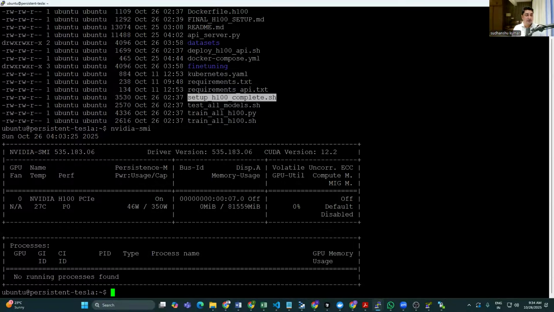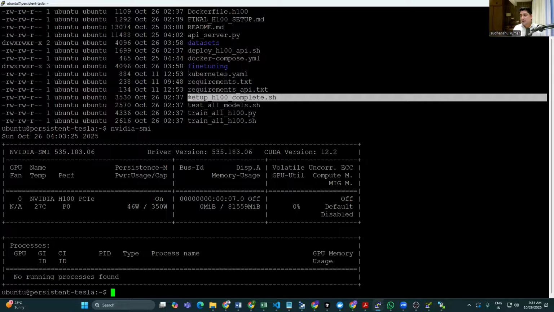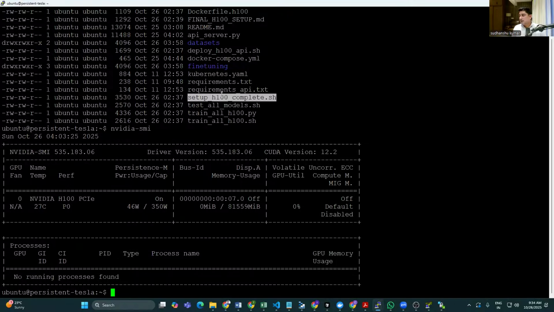So what have I mentioned inside this one? I have mentioned the update. Basically, I have mentioned a Docker installation, because even Docker will not be available, so I have to install Docker. I have even given a command so that it will be able to do all kinds of requirements installations inside this one. So this is one single unified file, keeping one thing in mind,